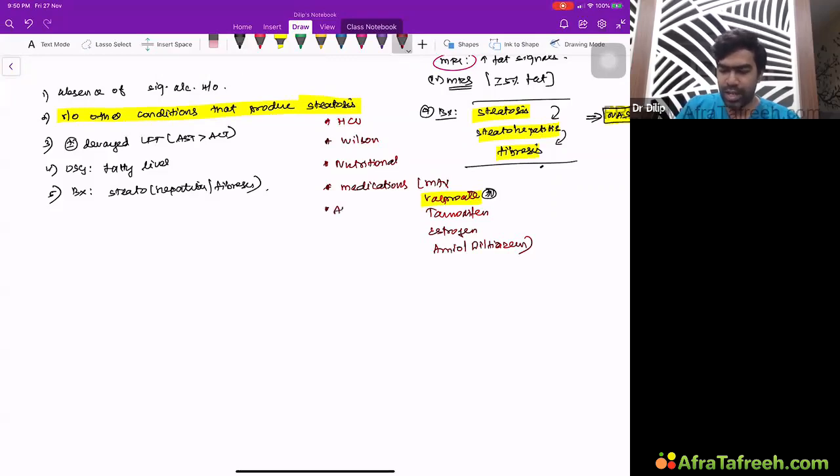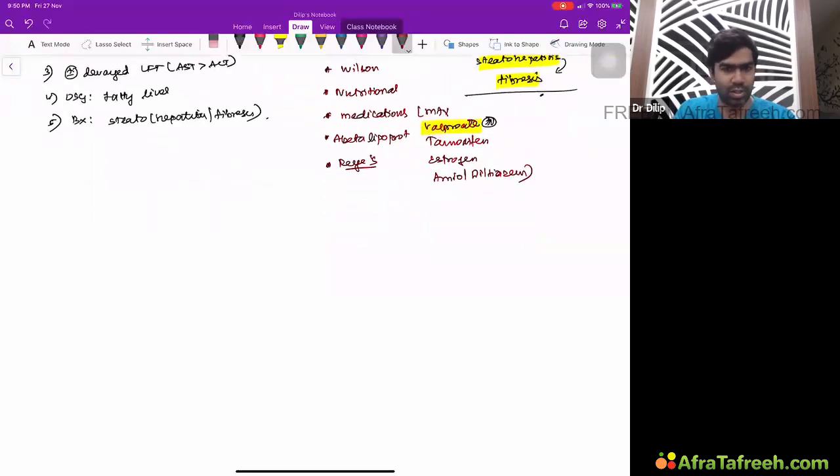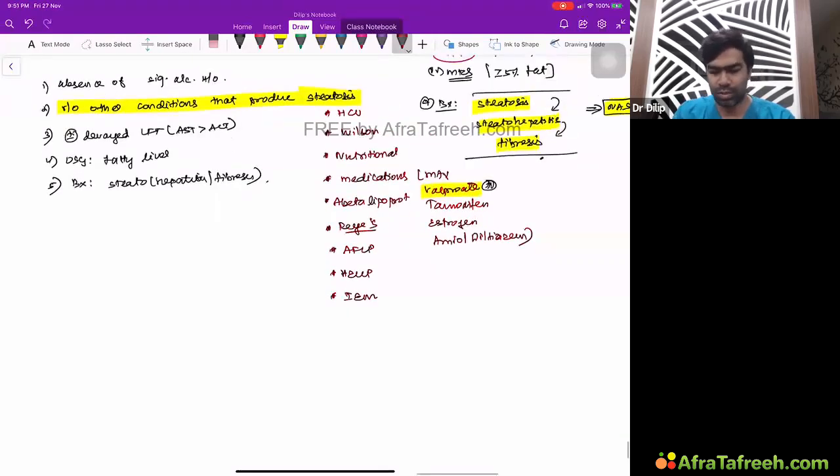And you have to rule out abetalipoproteinemia. It's also a cause of steatosis in the liver. And apart from that, you have something called Reye's syndrome. We know Reye's syndrome. Again, you will have steatosis in the liver. And there is something called acute fatty liver of pregnancy. It can be easily ruled out because that will happen in the setting of pregnancy only. Then HELLP syndrome can produce steatosis. And once again, it is a finding of pregnancy, no problem. And many inborn errors of metabolism also can result in development of cirrhosis.